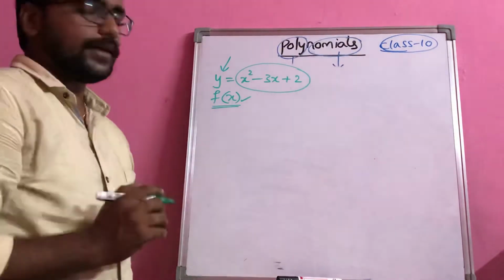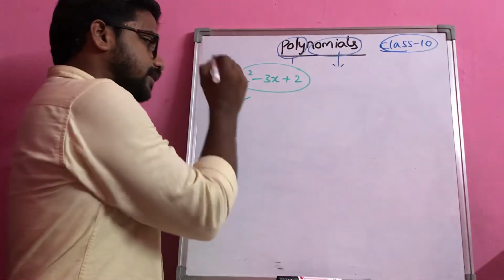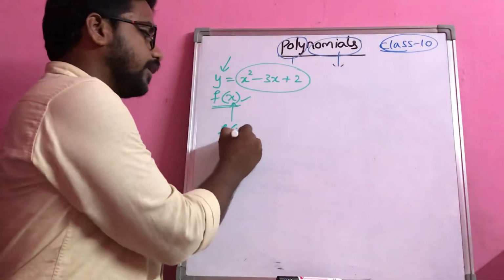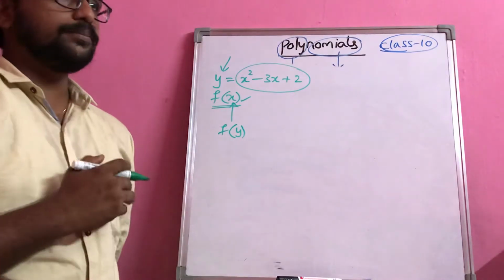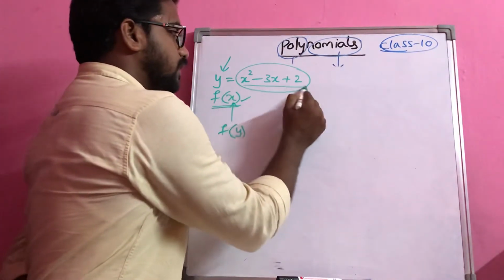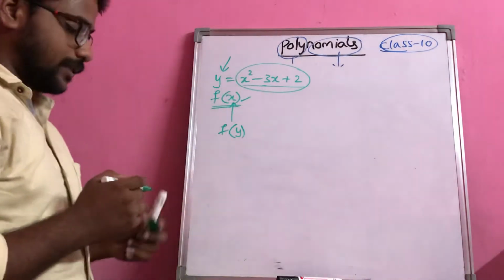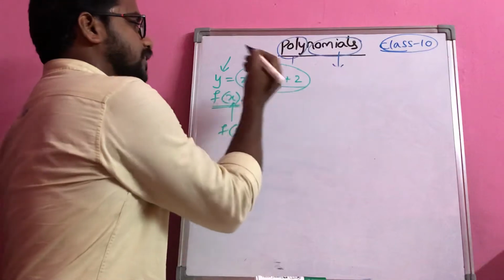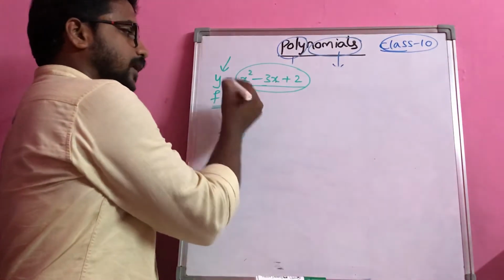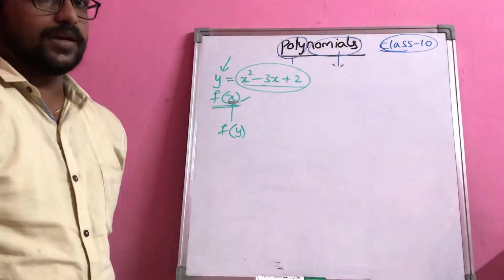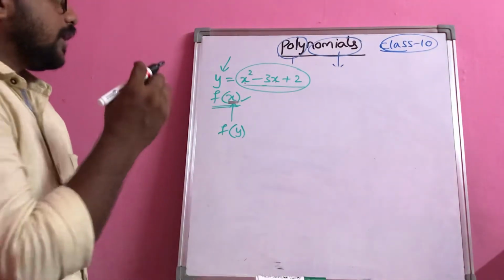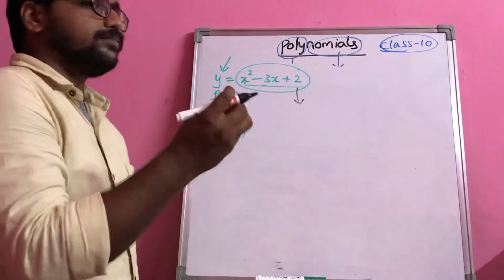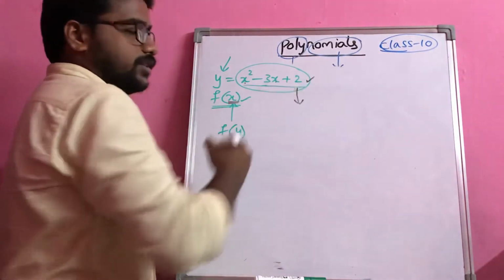But the only one thing that you have to notice here, I am writing this as an f of x. Why is this not something like f of y or some other thing? Because for the simple reason, you can just observe this expression x square minus 3x plus 2 is having the complete variable as an x here. That is the reason I am naming it as an f of x. Right? Now if you just simplify this one, maybe I will be getting some solutions related to this.